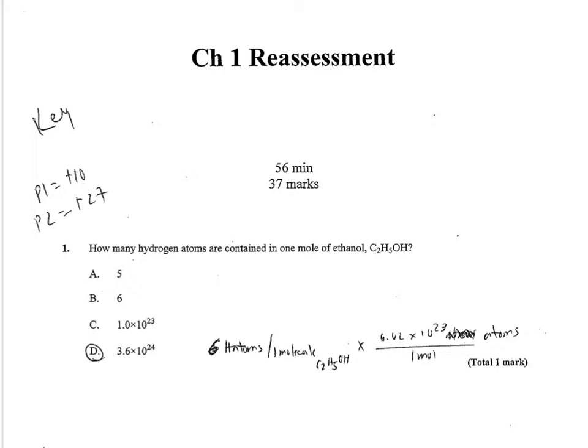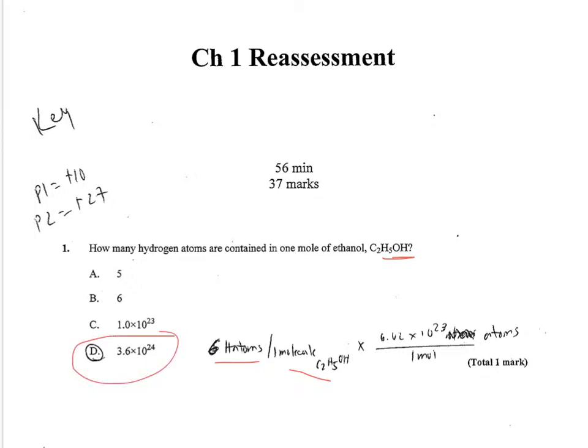Question number 1 asks how many hydrogen atoms are contained in 1 mole of ethanol. Since they tell you to have a mole's worth, you have to first look and see how many hydrogen atoms are in 1 molecule. Looking at the formula, you should see that there are 6 hydrogen atoms in 1 molecule. And then, of course, there's 6.02 times 10 to the 23rd of anything in a mole. So when I multiply the 6 times 6.02, that's how I came up with my answer of 3.6 times 10